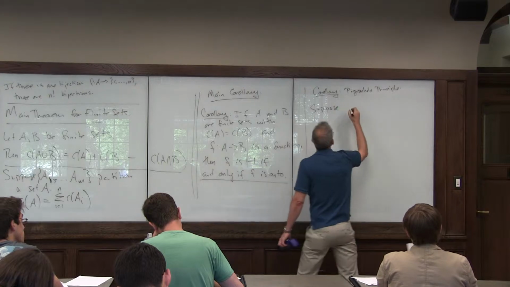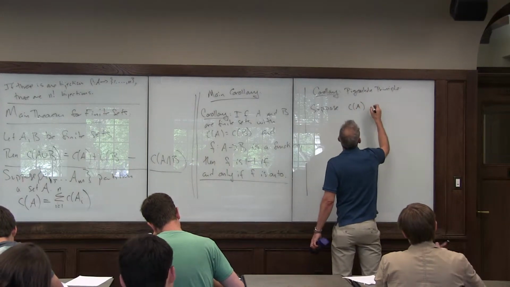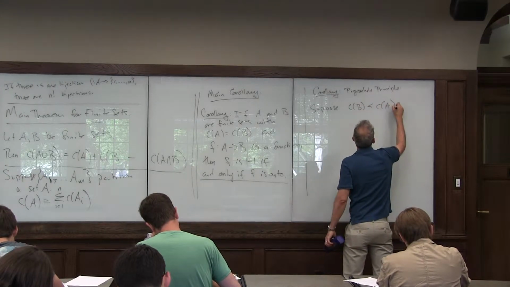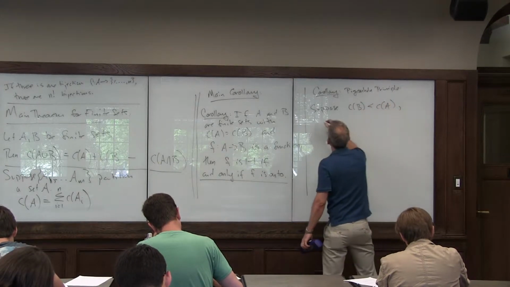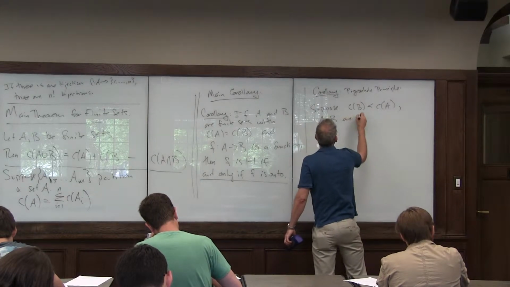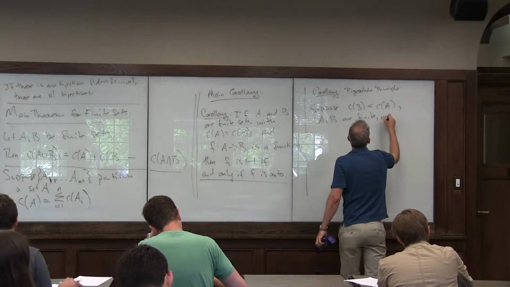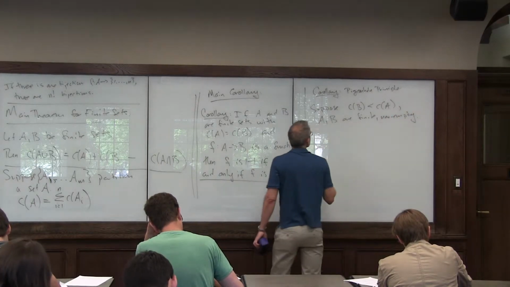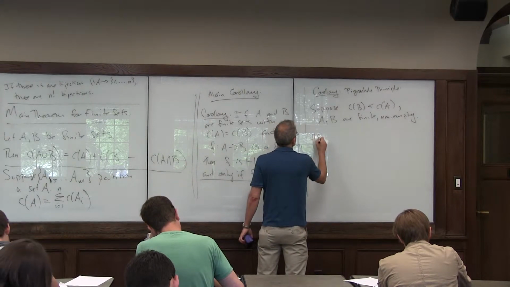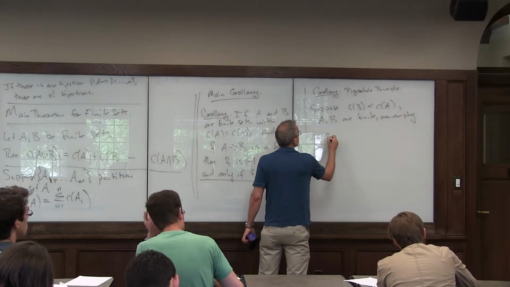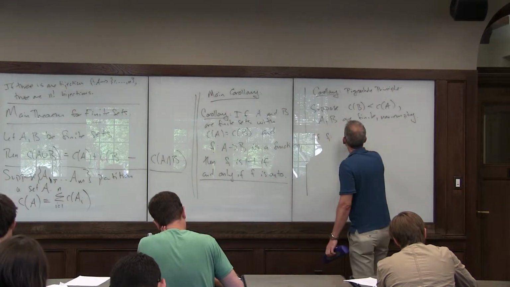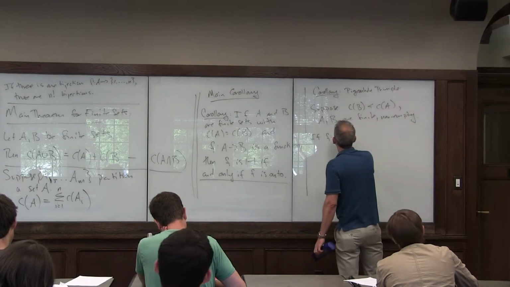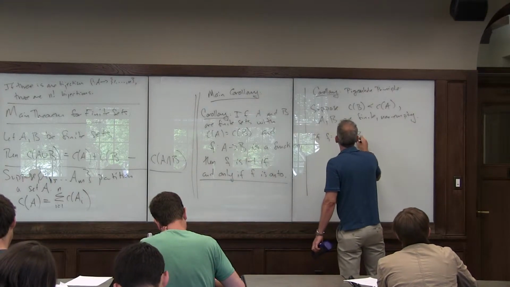Okay, so let's suppose that the cardinality of B is less than the cardinality of A, and A and B are finite and non-empty. So A is the bigger set, right? And it's strictly bigger. So if F is a function from A to B,